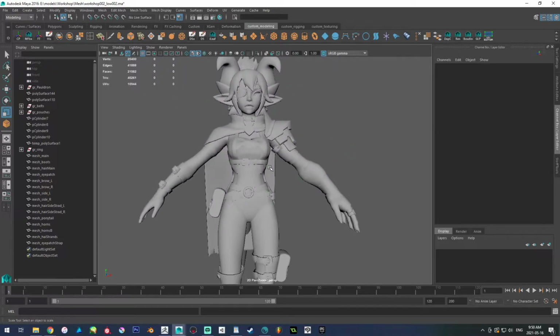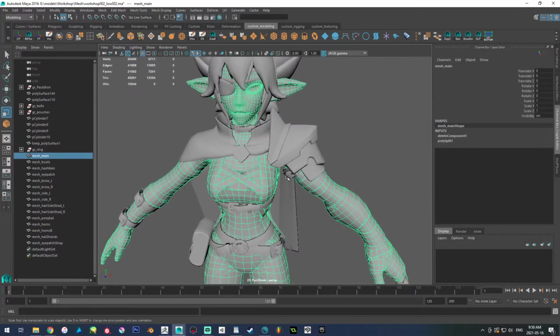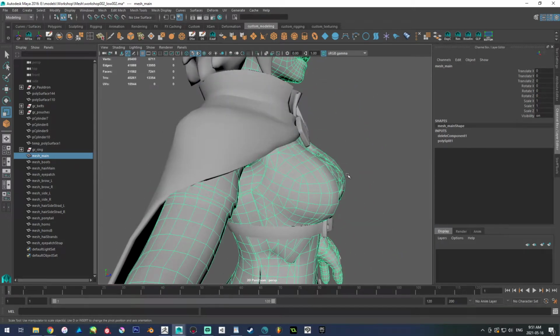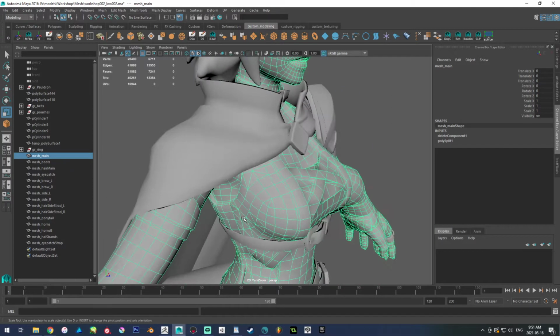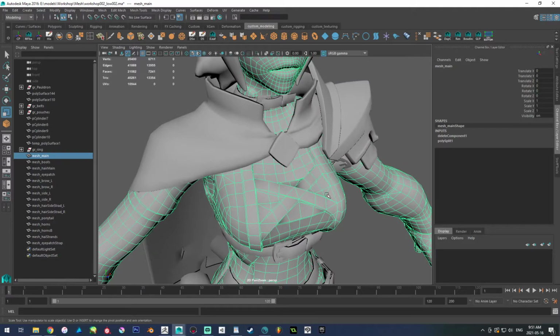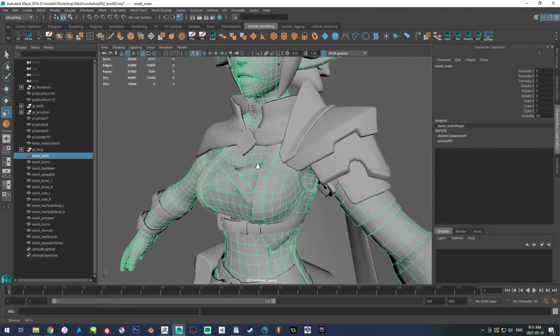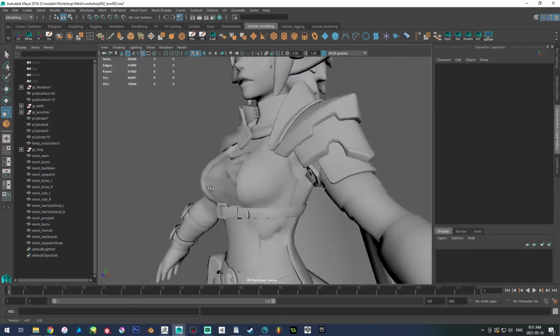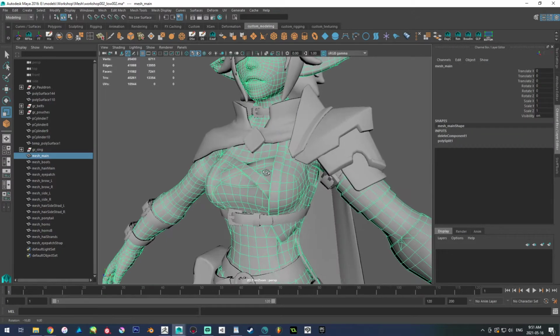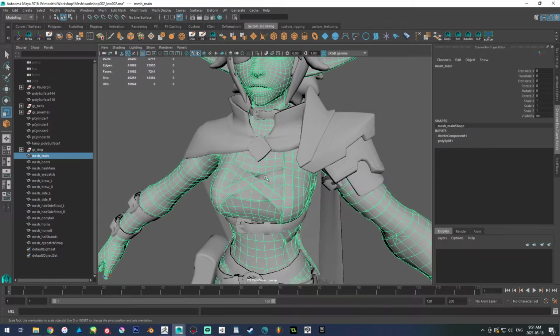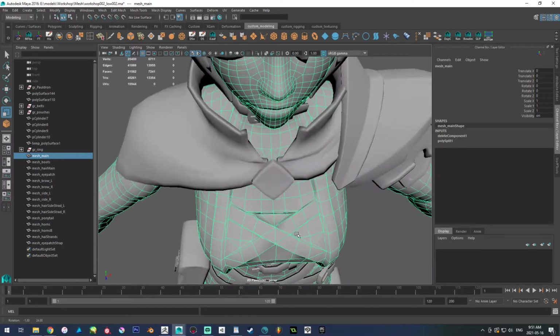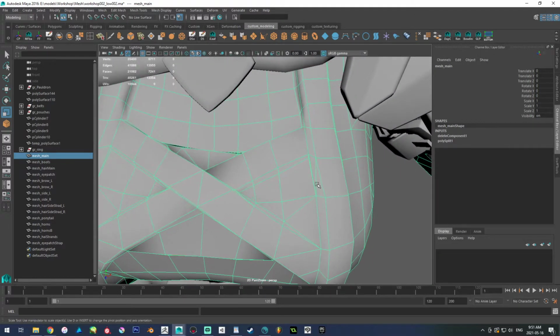You want to see the topology on the chest? Looks like this. I try to get as clean loops as possible, right? You can see that there's a general line that goes across, and then I kind of break it up with the cross section. I'm a little bit skeptical about this, but you can see that what I tend to do when I have the straight line across is,